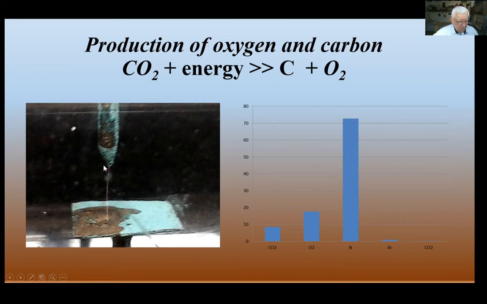This photo of experiments where in the container we have CO2 and the lightnings, which look like one lightning, but there are many lightnings during the second, are destroying the bindings between C and O2, and